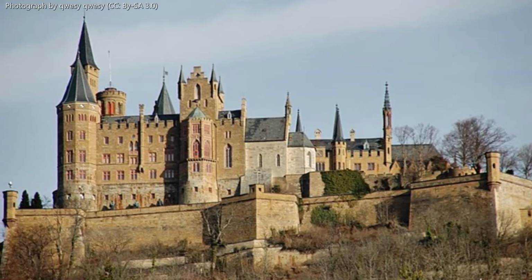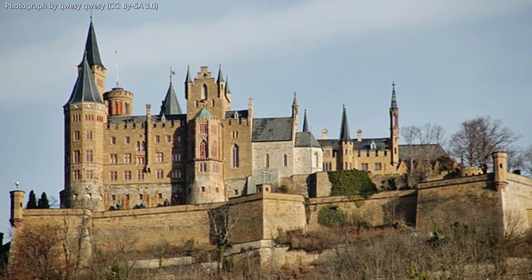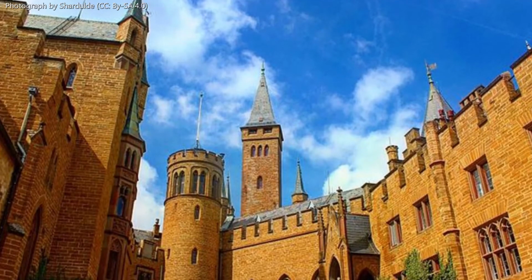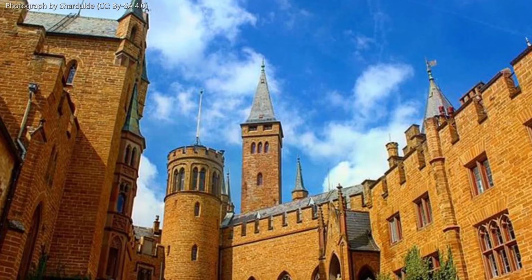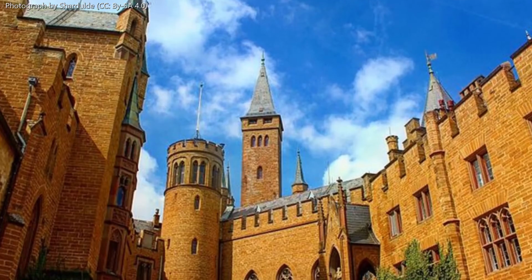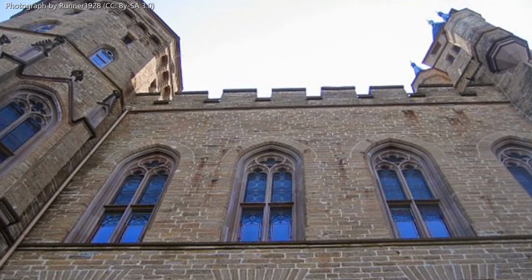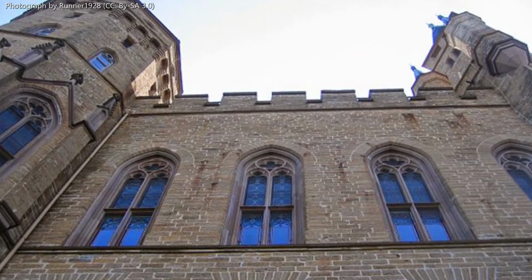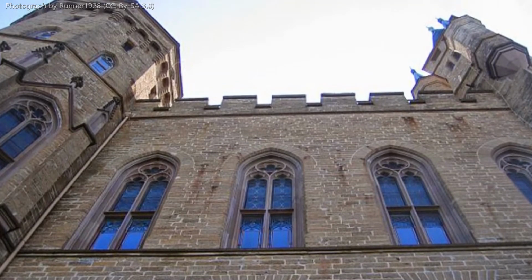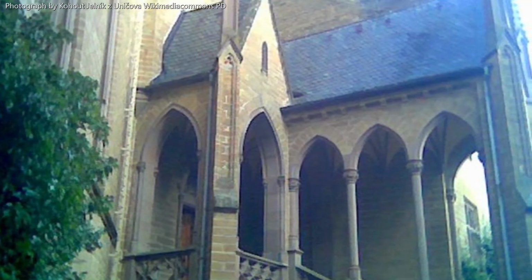The third and current castle was built between 1846 and 1867 as a family memorial by Hohenzollern's scion, King Frederick William IV of Prussia. Architect Friedrich August Stuhler based its design on English Gothic Revival architecture in the Chateau of the Loire Valley. The castle is a structure composed of 4 primary parts: military architect, the palatial buildings, chapels, and